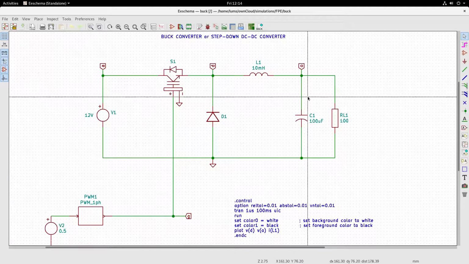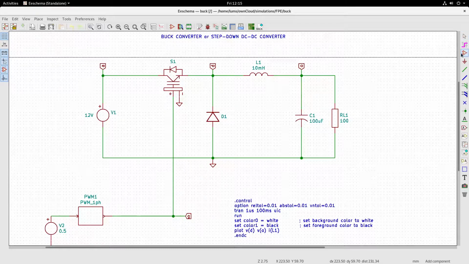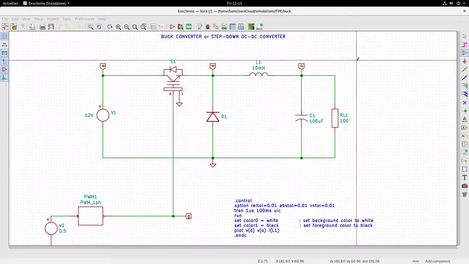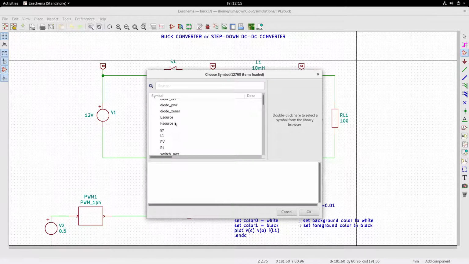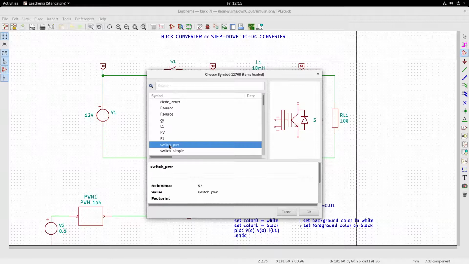Now how did I get the switch? I will just show you. In my components, you can go and take this switch. Now you will get the symbol like this. Inside that switch is the sub-circuit, and the sub-circuit is there in the models file, lu comps.library.